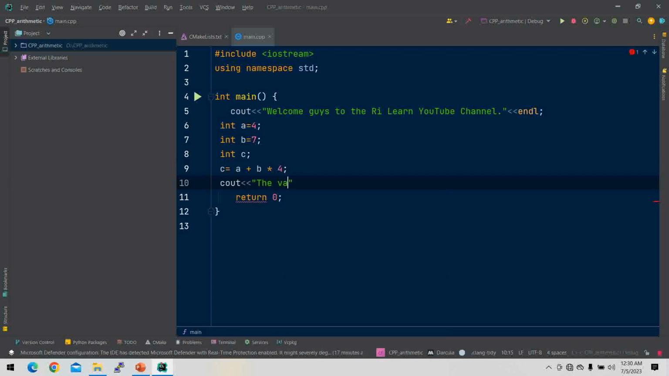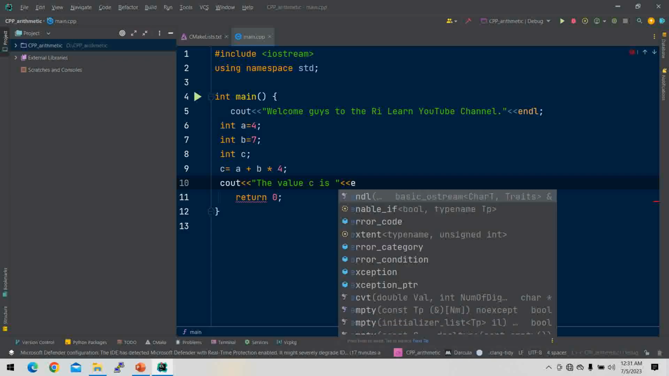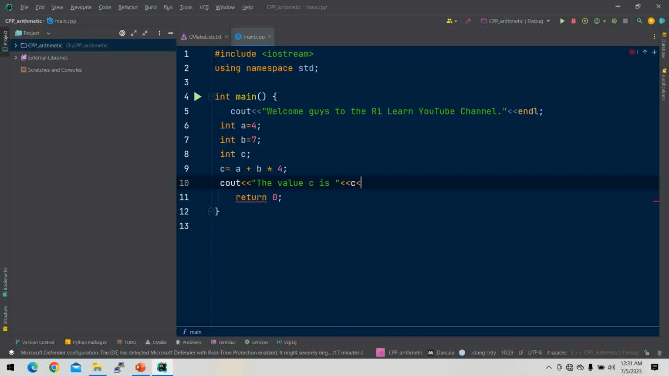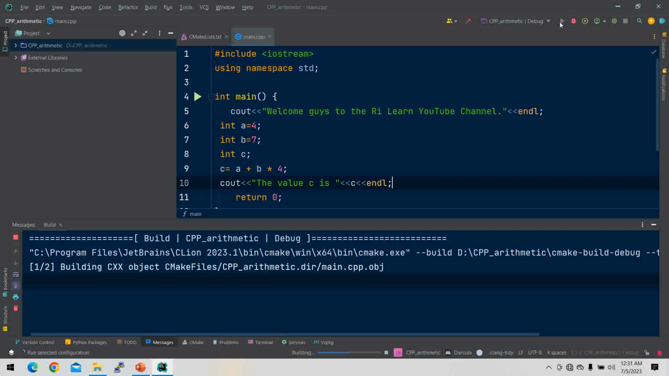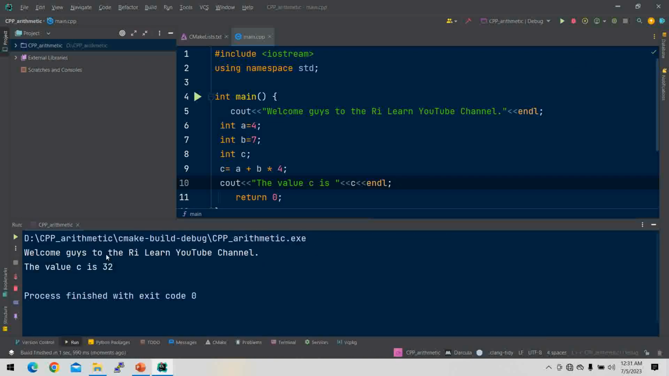the value of c is c, then in there. Okay, 32 because first which one is executed? This part is executed first. That means the value of b is 7, 7 times 4, 28, 28 plus 4 is what? 32. Okay, so for example,